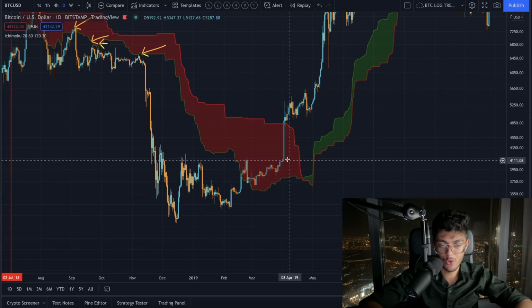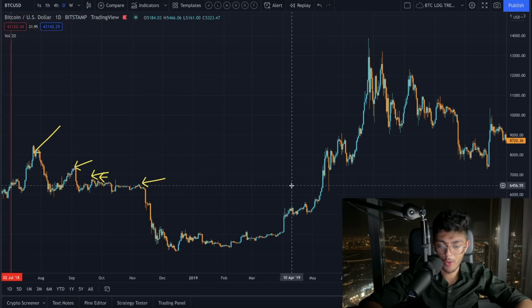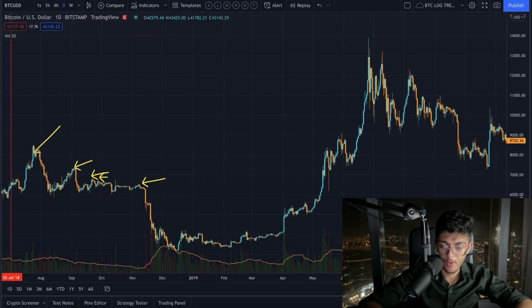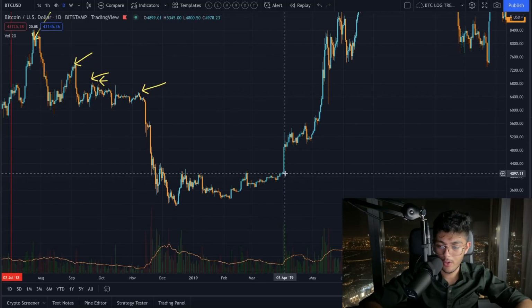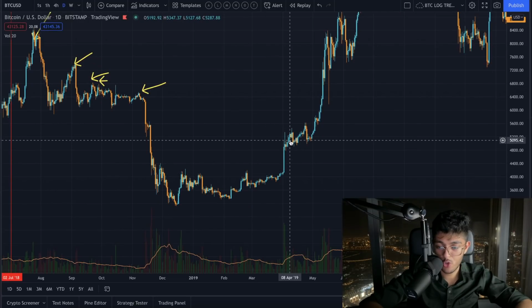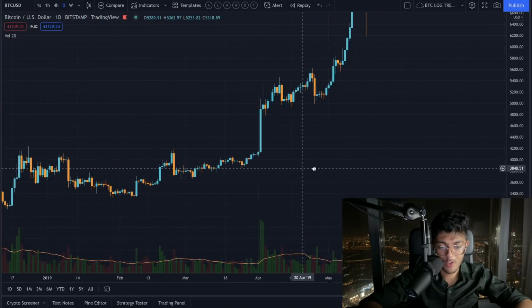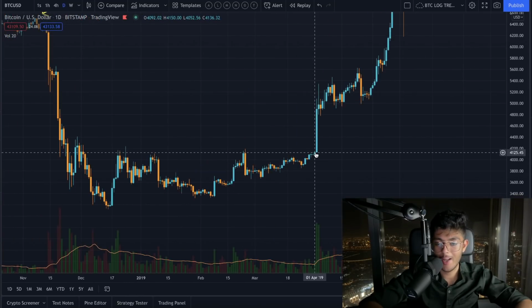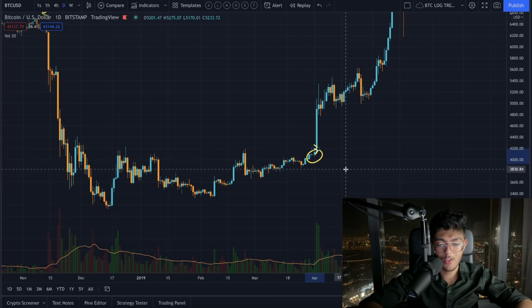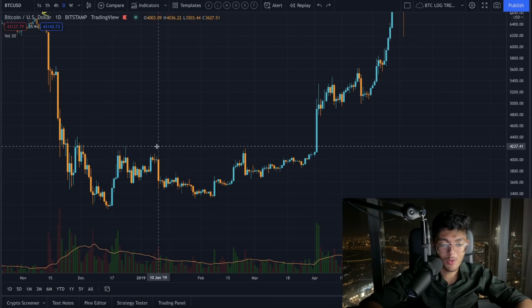insanely successful trade on Bitcoin when it broke out from this range, when it went from the $4,000 area straight up to 5K in one day, is because I knew that the bulls had a massive, huge, powerful window of opportunity on April the 1st. How did I know this? Well, very simply,